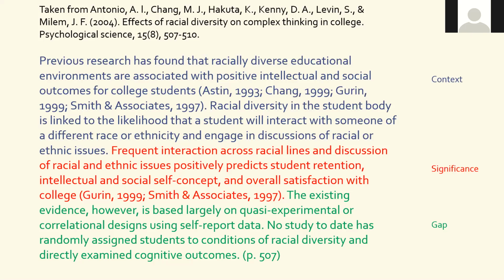Now, we can assume from this that there's been a lot of studies. There's been a lot of research done, but as they say, mostly based on correlational or quasi-experimental designs only. No experimental research, okay, with random design, all right? So they are highlighting a methodological gap. And that can also be the basis for your study. It can also be a methodological gap, right?